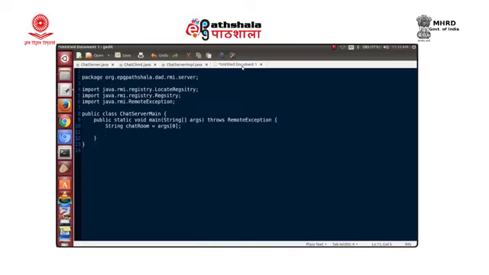We have Registry r equals LocateRegistry.createRegistry, and we need to specify the port number. The default port number is 1099. Let us use that port number here.